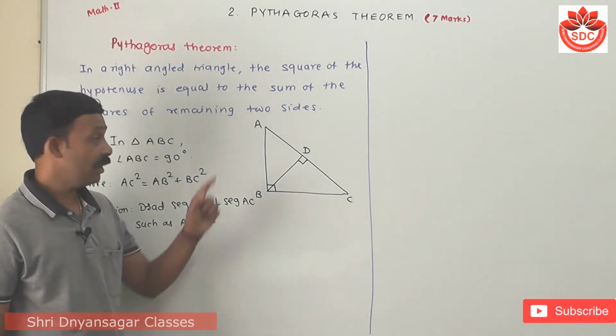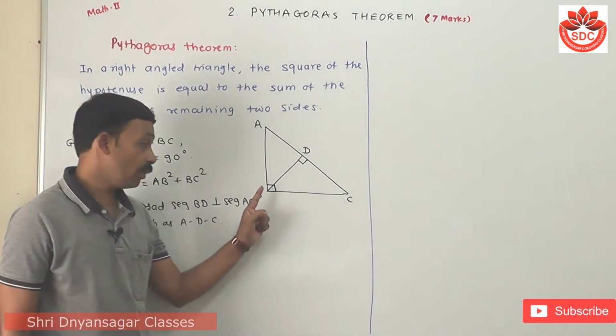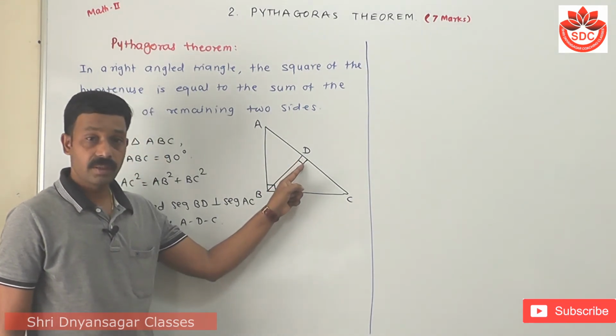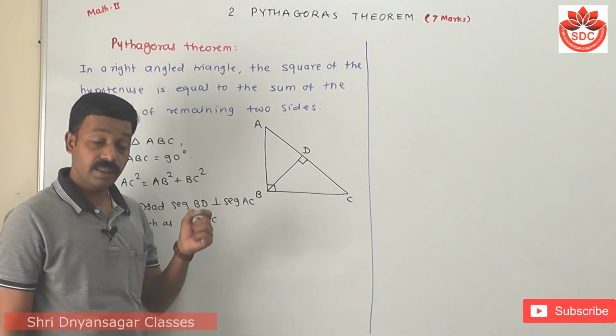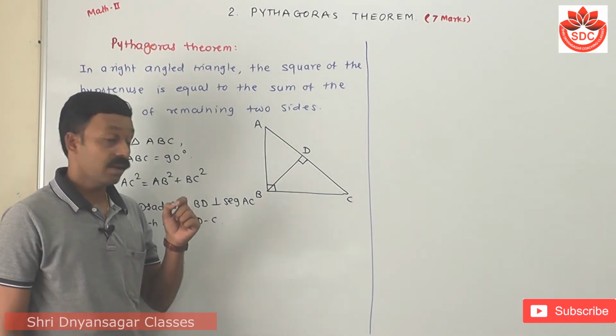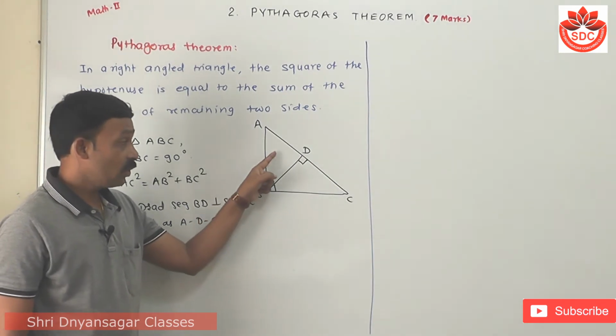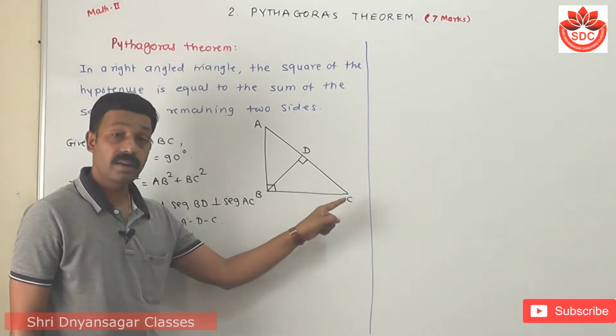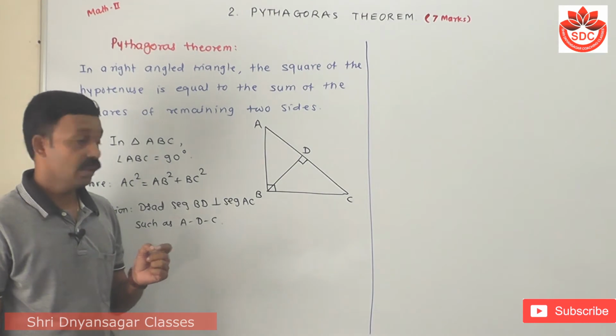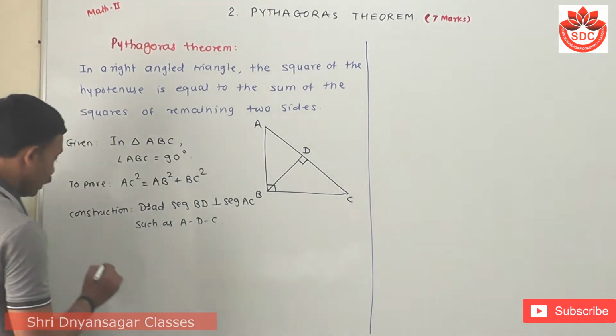Students, observe carefully. Here in a right angle triangle, we draw the perpendicular on the hypotenuse. Means that we use the earlier theorem, which is similarity in right angle triangle. In this, these two triangles and the original triangle are similar with each other. So by using this, I have to write here its proof.